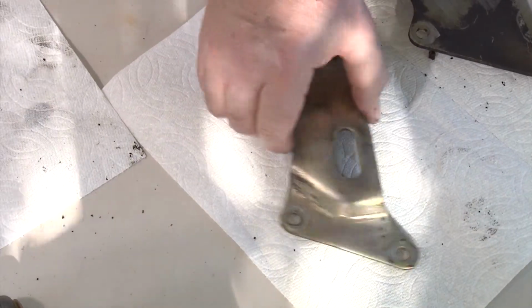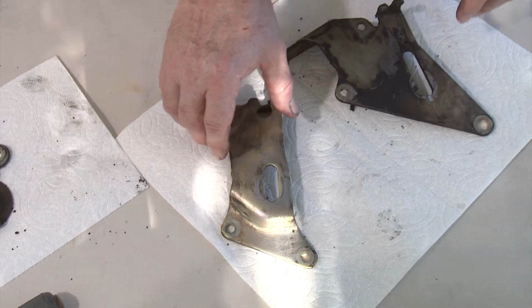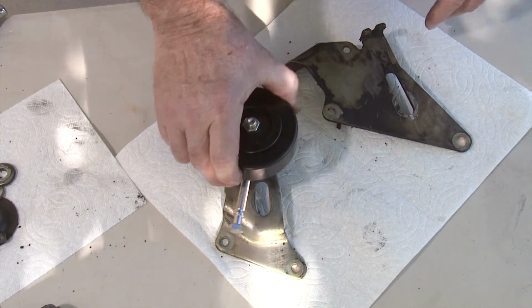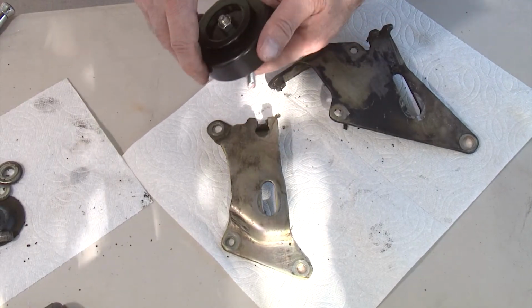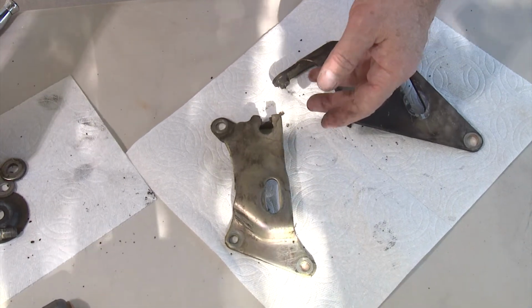So when we put this back together again, it's actually easier to get at all these bolts if you don't have the entire assembly in there. So you can get around these parts if you don't. So what I recommend you do, and I'm going to use the old part just for show and tell,